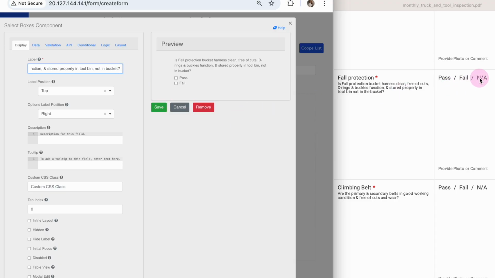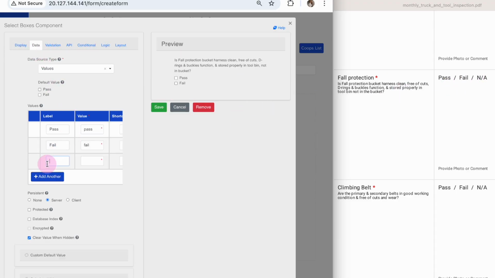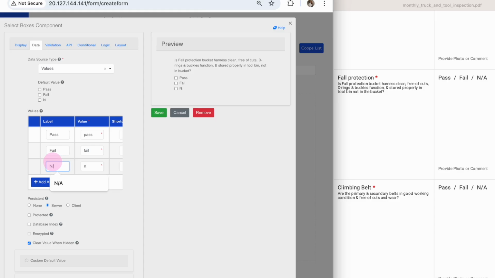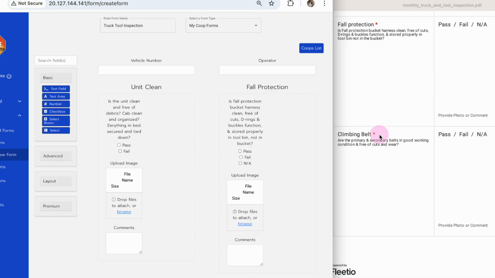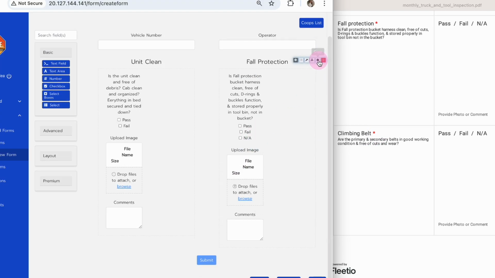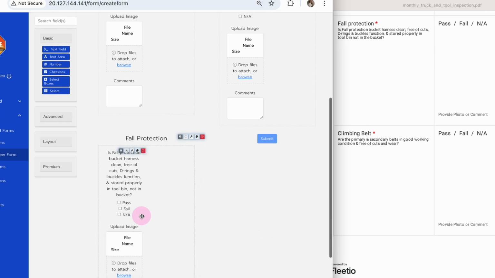I also see we have an additional answer here called NA, so I'll need to go back in my data, add that answer as a selection, and press save. Now I can go through the rest of the form by copying and pasting these field sets instead of having to build them independently,